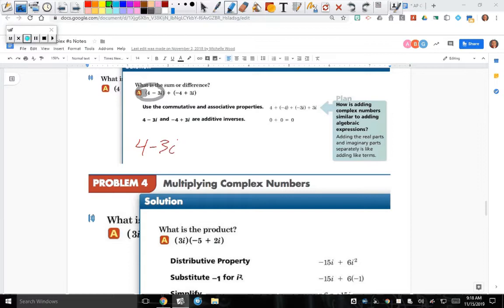What number is right here? Positive or negative? Positive. Does it do anything to this parentheses? No. If it was negative, it would, because a negative times a negative would be a positive. And a negative times a positive would be a negative, because you would distribute. Do you all understand what I just said? Okay. So now we're going to